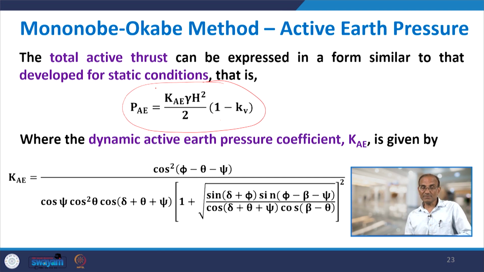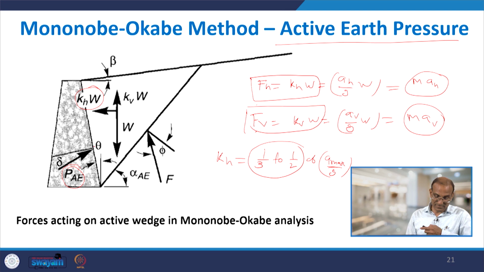And what is KE? The dynamic active earth pressure coefficient KE is given from this relation, where phi, theta, psi, there are 4 angles: delta, theta, phi and beta, which are the same as we discussed in the static case, and which are shown on the wall. But what is psi? Now the issue is what is psi here? Delta, theta,